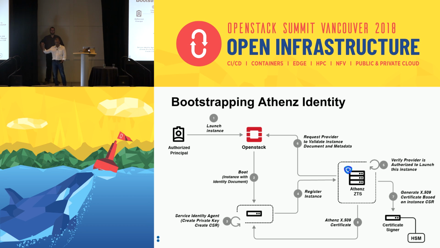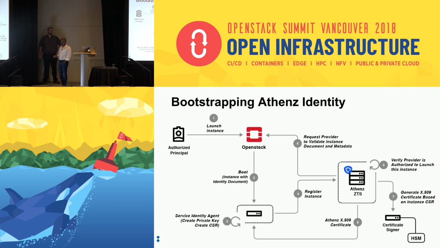Those are the three prerequisites. Once that's done, the principal executes a Nova command, Nova boot. Apart from the usual Nova arguments, he provides two additional arguments, and we usually use Nova metadata to capture those: what domain that particular instance is being bootstrapped with, and what service is going to run